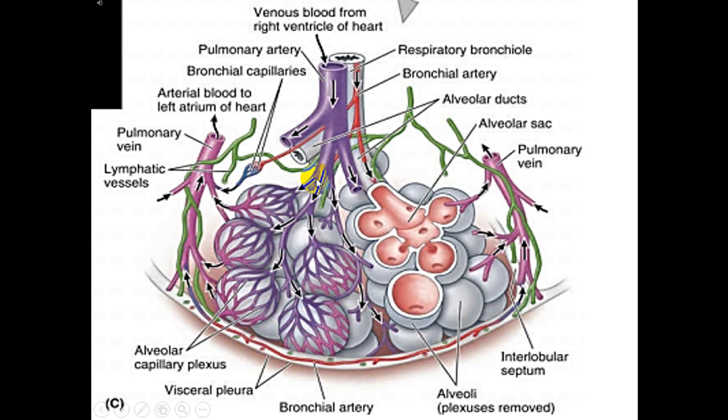The flow in the pulmonary vessels is also shown in this diagram. From the pulmonary artery, the capillary plexuses are formed around the alveoli. Here the blood is oxygenated, and then it is drained into the pulmonary veins. So in this diagram, it is also visible that the bronchopulmonary segment is supplied by one branch of the pulmonary artery, one tertiary bronchus, and one branch of the bronchial artery, but it is drained by more than one pulmonary vein. So the venous drainage of adjacent bronchopulmonary segments overlaps.